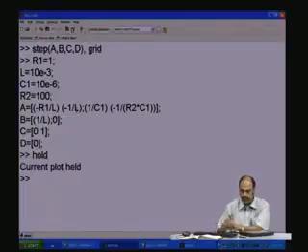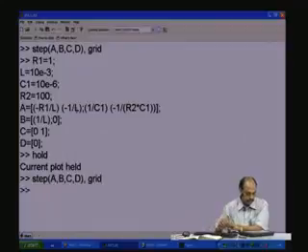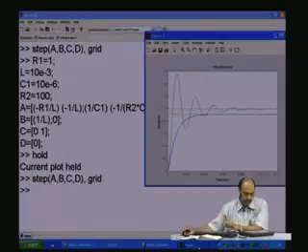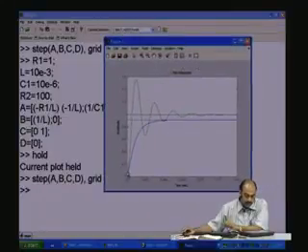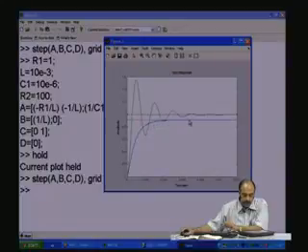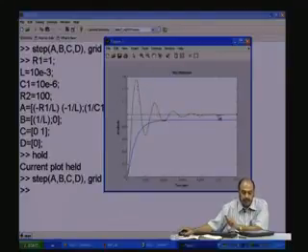So, the previous plot is held, and then again we give step A, comma B, comma C, comma D, and let us see the grid. Now, if we see the figure, you see, very nice and interesting. This was the earlier figure, nicely damped, no oscillations. The moment we change the parameter R2, you are having overshoots beyond 1, and then gradually it is damping to